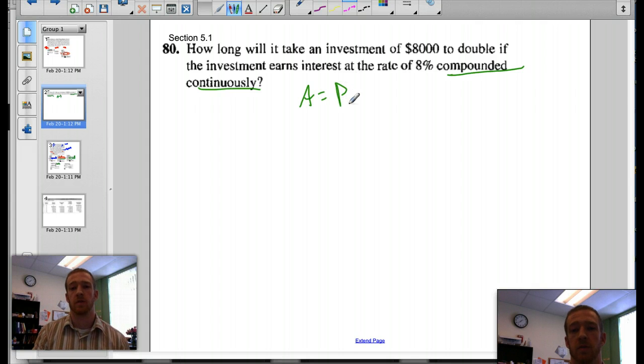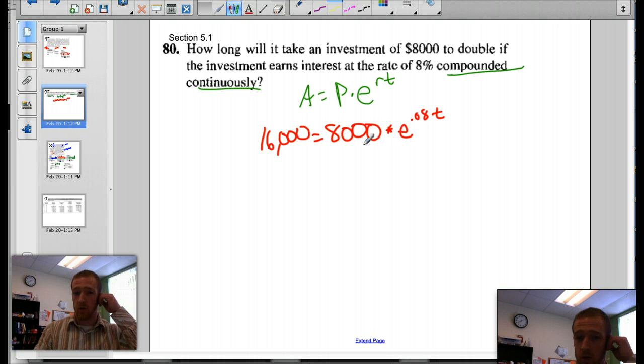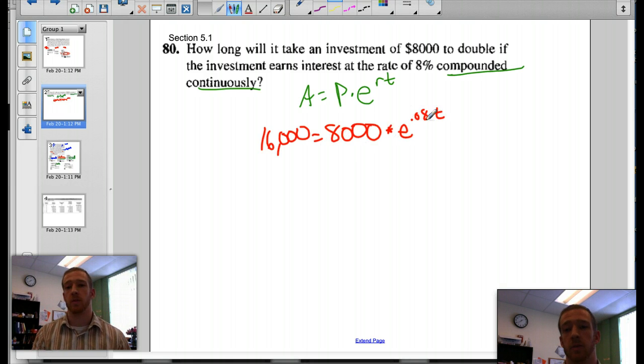The principal, or the present value, times e to the rate times time. And A stands for the accumulated amount or the final amount. So we want $8,000 to double, so I want to end up with 16 grand. And that's going to be times e to the rate times time, the 0.08 times time. So normally you could just crunch the numbers and solve very simply, but since our variable is in